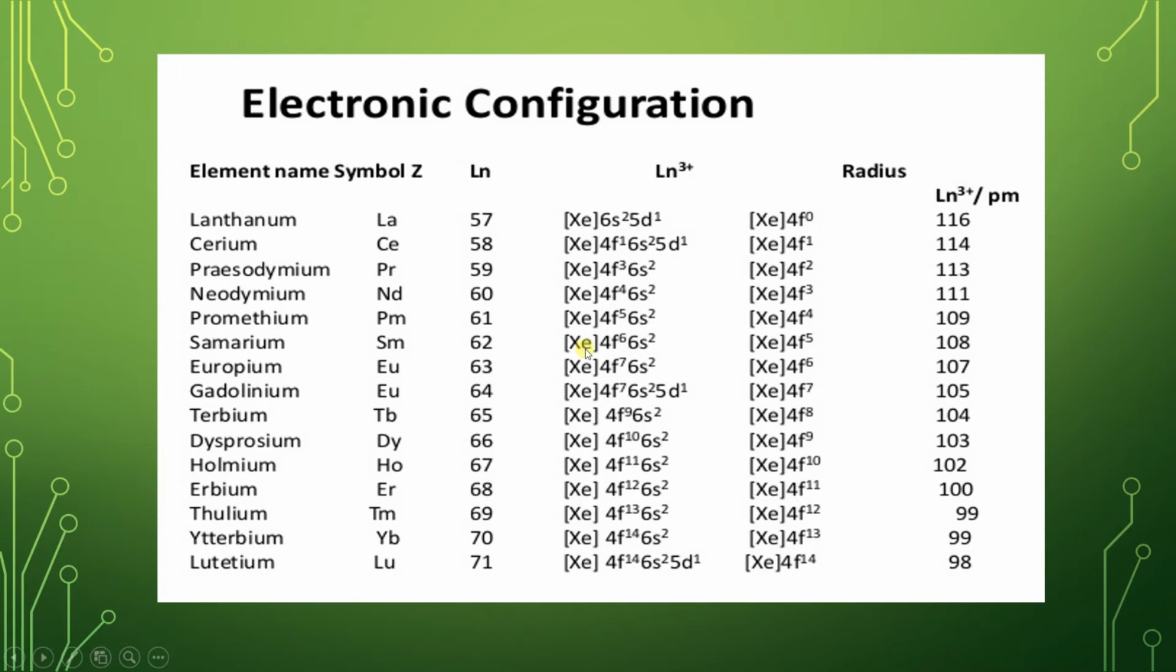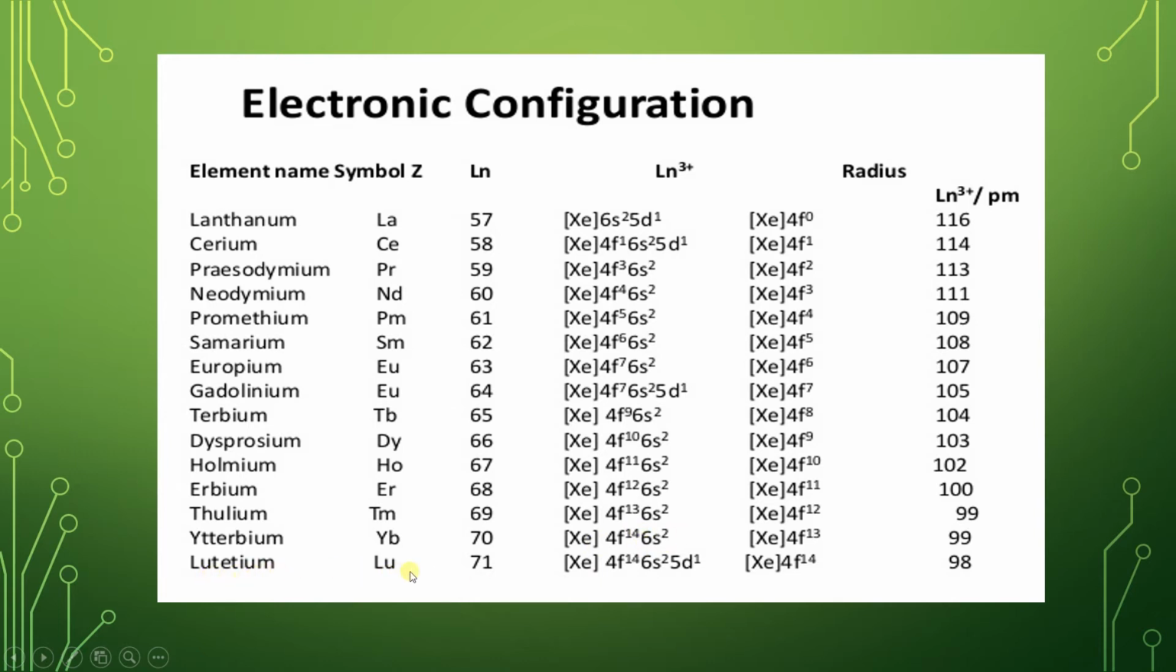Sm 62, xenon 4f6 6s2, europium Eu 63, xenon 4f7 6s2, gadolinium Gd 64, xenon 4f7 6s2 5d1, terbium Tb 65, xenon 4f9 6s2, dysprosium Dy 66, xenon 4f10 6s2, holmium Ho 67, xenon 4f11 6s2, erbium Er 68, xenon 4f12 6s2, thulium Tm 69, xenon 4f13 6s2, ytterbium Yb 70, xenon 4f14 6s2,